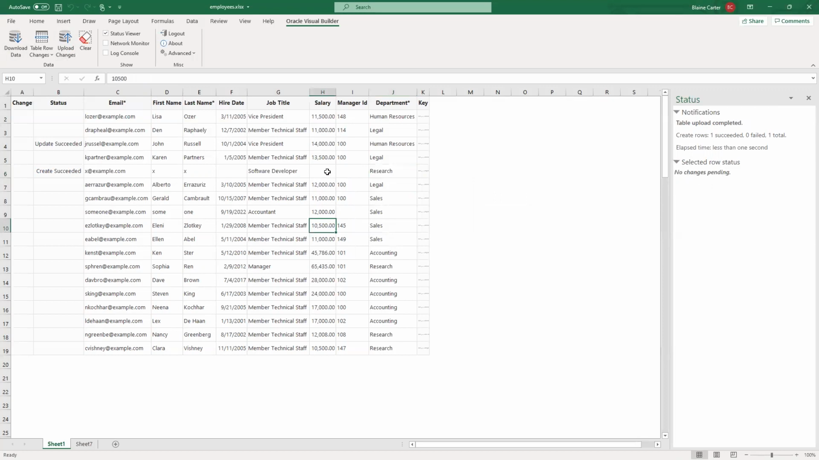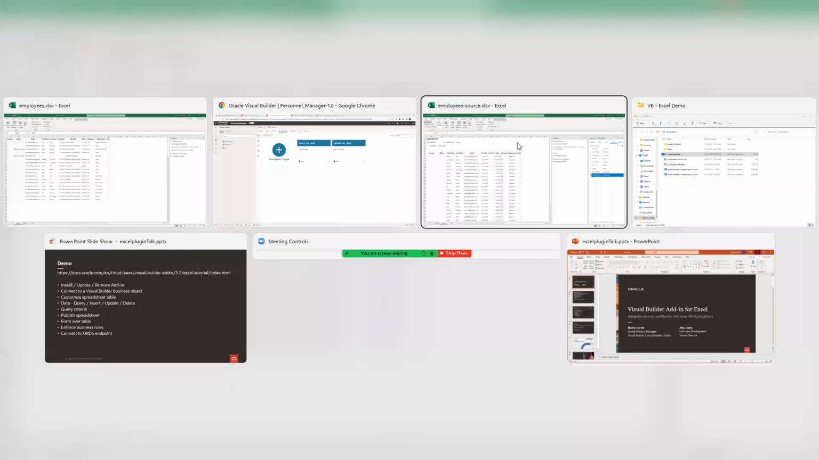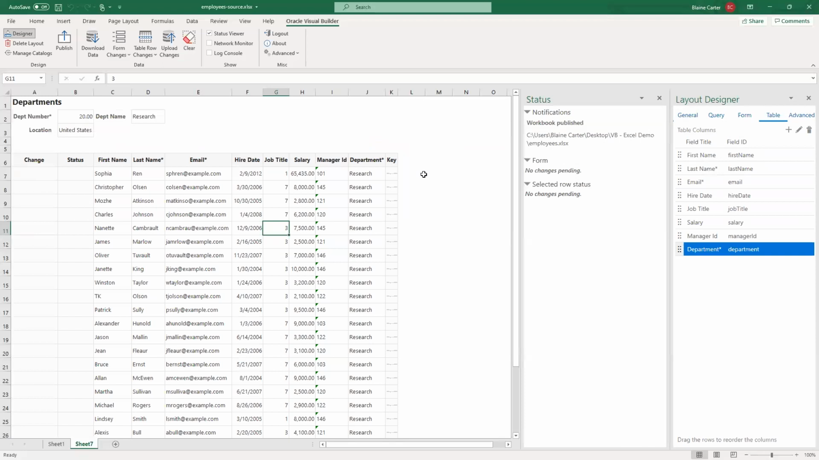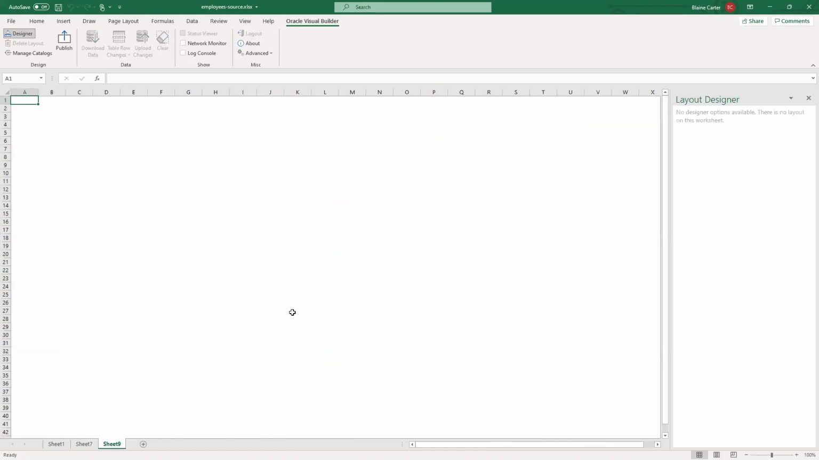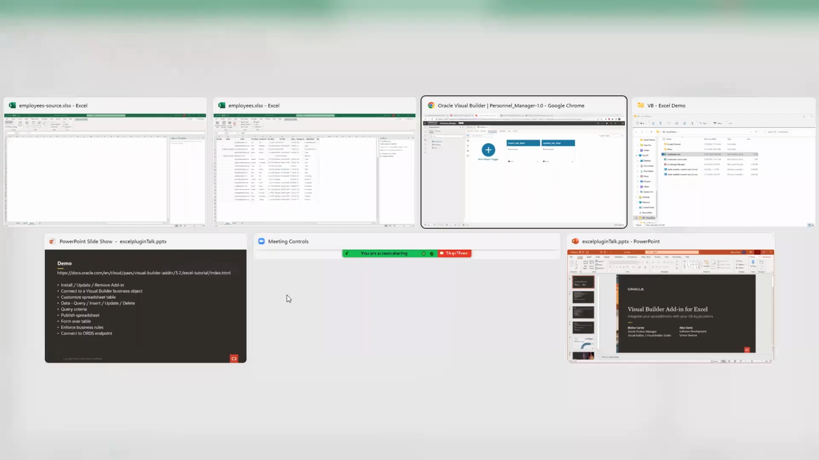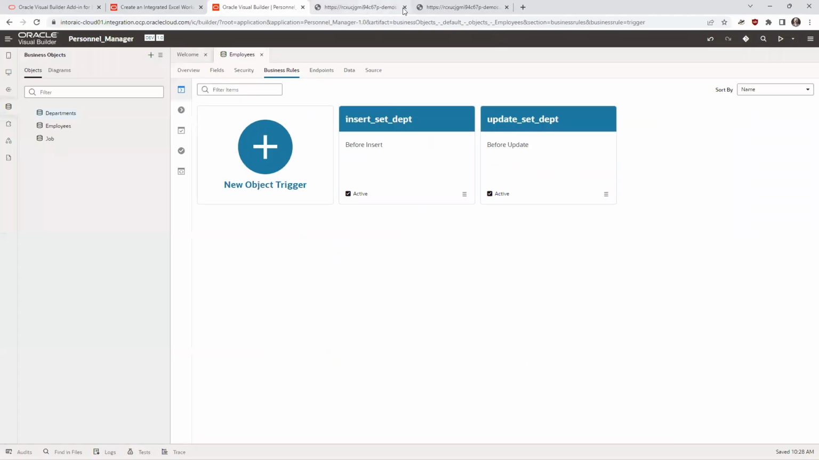All right, so that is most of the functionality from the lab, plus adding a business rule on the back end. Let me get back to the other spreadsheet. So now I'm going to show you how to connect to a different REST endpoint. So for this one, I have set up, here it is, I've set up an